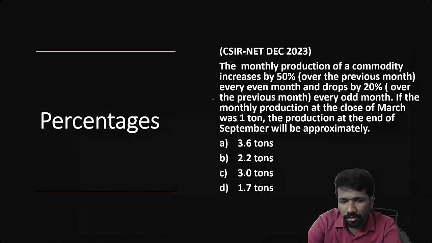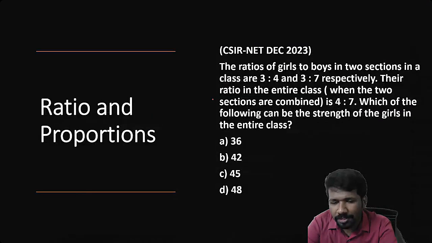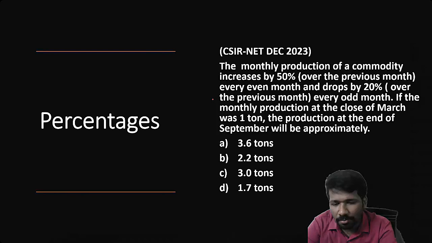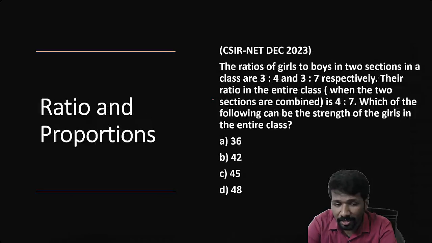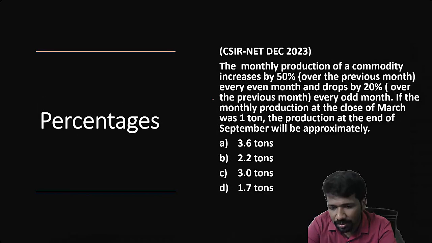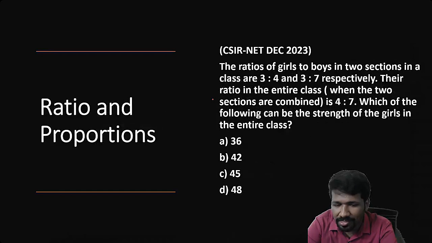So percentages means how to calculate percentage. If you know the short trick, this chapter is very important and easy. The connection between percentage and fraction, how to calculate percentage mentally, I will give some speed math tricks and flashcards so that you will be easily able to understand it. Now the idea of ratio and proportion: what is ratio, what is proportion, what is the connection between fractions and ratios. If this idea is clear, this chapter is easy.